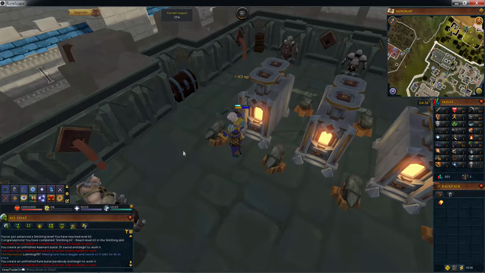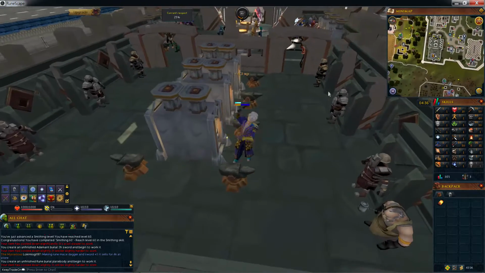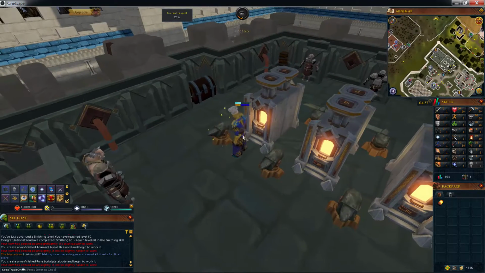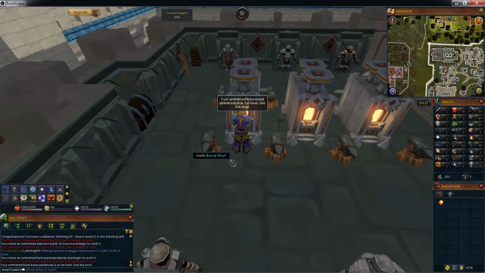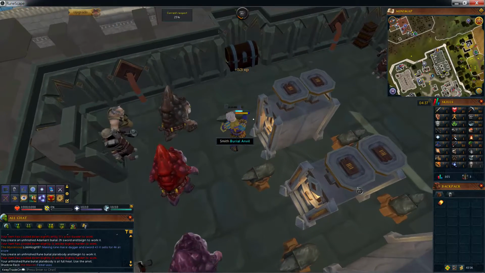And then you do the money methods, or you could do them in between, right? You could sit here, you could smith a whole bunch of arrowheads, or smelt a whole bunch of bars, or make a whole bunch of pickaxes, and then sell those items. And then just go buy the better items and then bury them, or just make the items from scratch and then bury them. So many things to do in this game, but